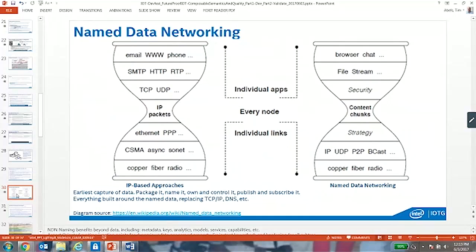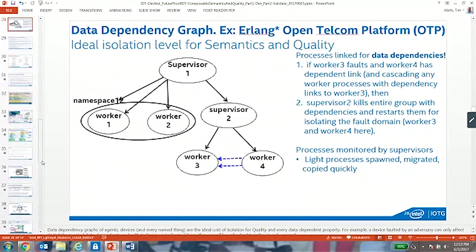On the right is named data network. And earlier we showed the leading research where it will replace DANE, DNS, TCP/IP for many quality data areas. This is where data gets captured, owned, published. Very different than the randomness out there today. How do you group, route semantically today? How would you dynamically update it for a specific aspect oriented? Another example of data oriented,